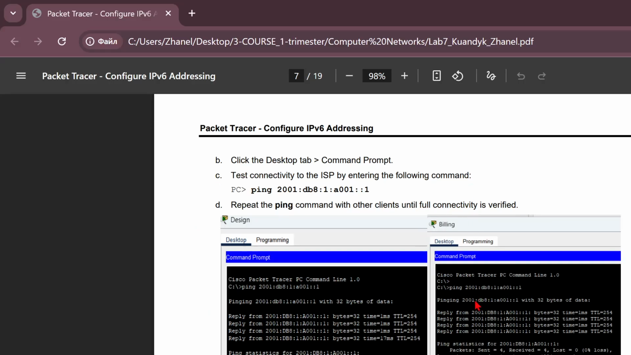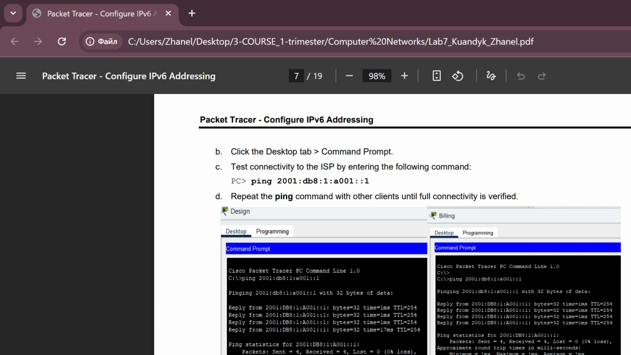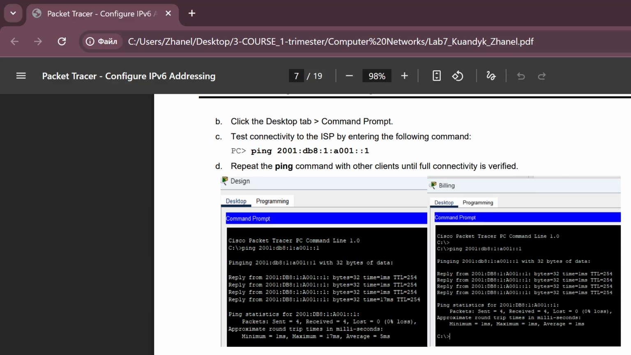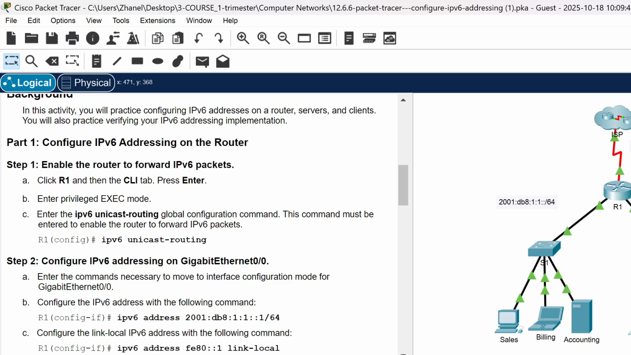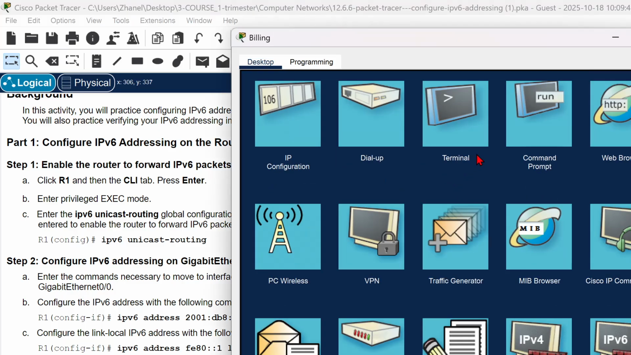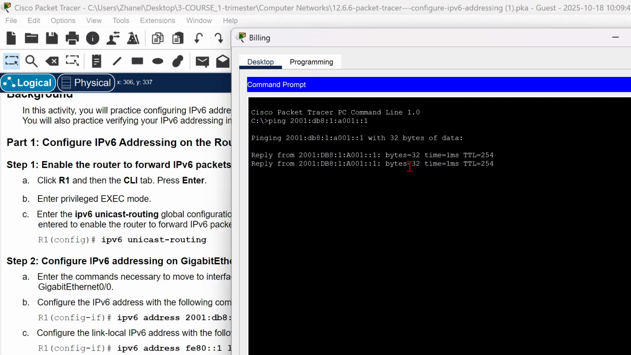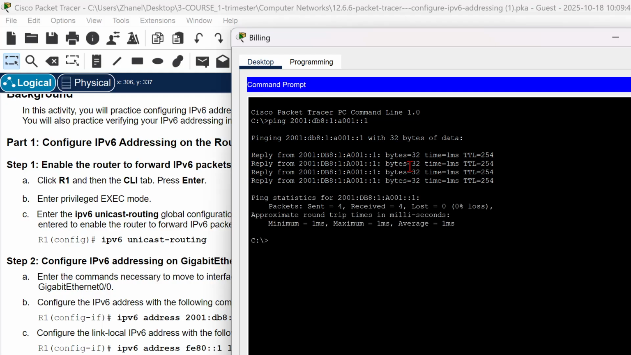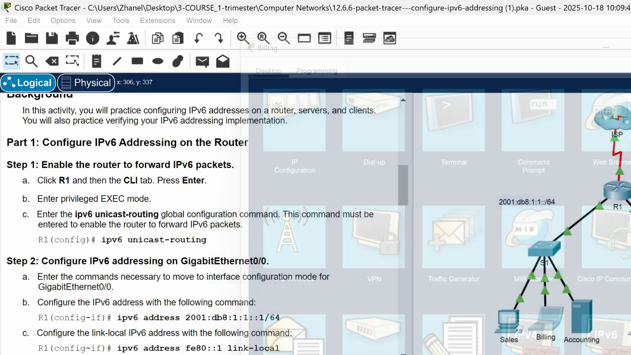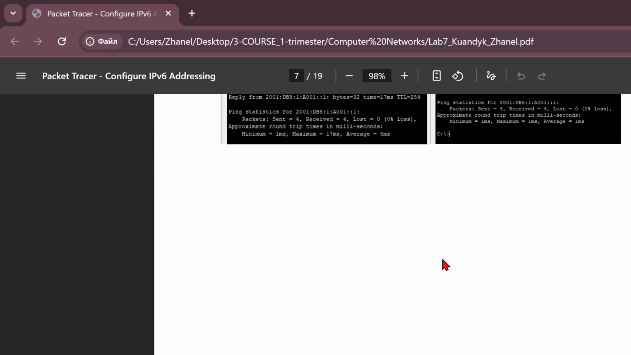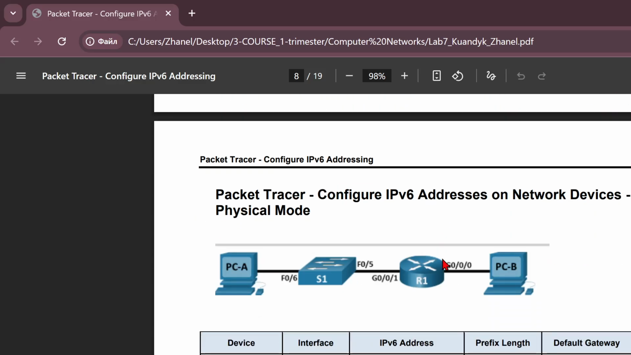So the same step for the other. Also I can show the command prompt, paste and pinging, also successful. So next, this is my